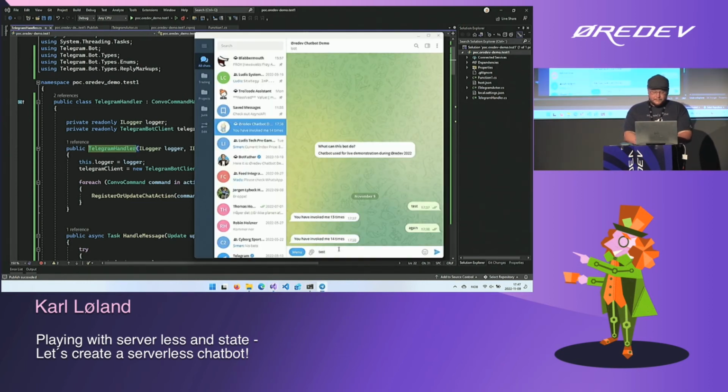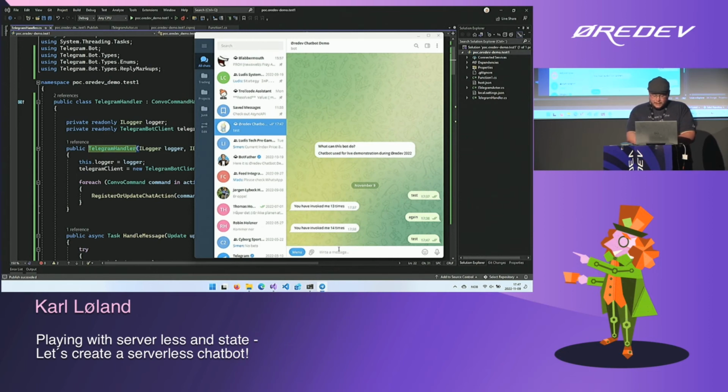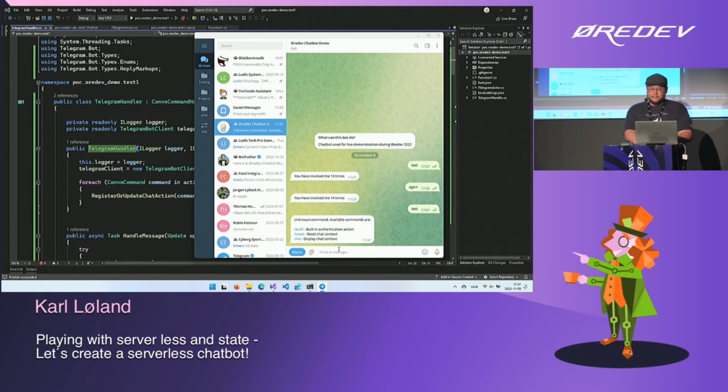So if I test now, I hopefully should get the standard menu from Telegram. No, from Convo. So basically, test was an unknown command for Convo. So I got a list of predefined commands for the Convo library. And that is basically authentication, resetting, and me, that's a debug command that gives me the information about my current